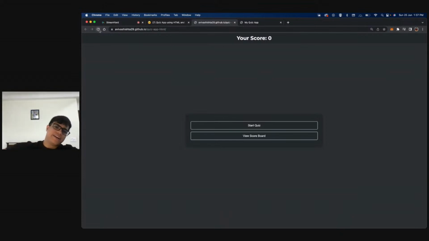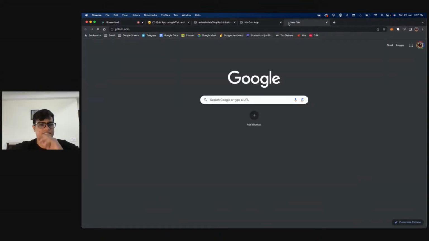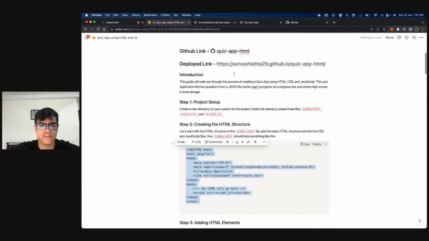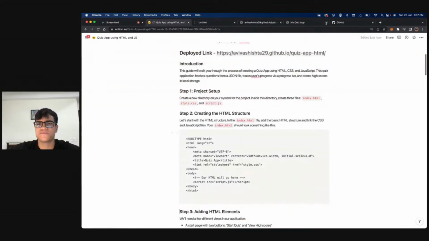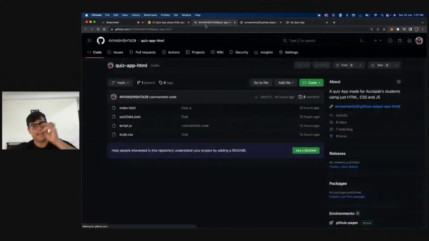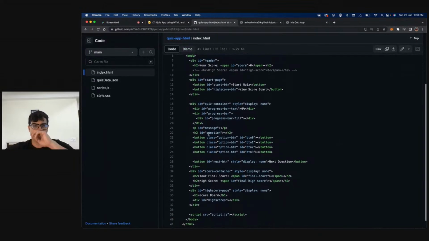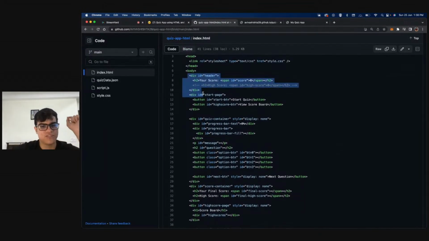But anyways, the HTML just consists of three divs. If I quickly show you what an HTML looks like, let's go over here quickly. The HTML has just four or five elements. I told you before that we have a header, and the header was important.